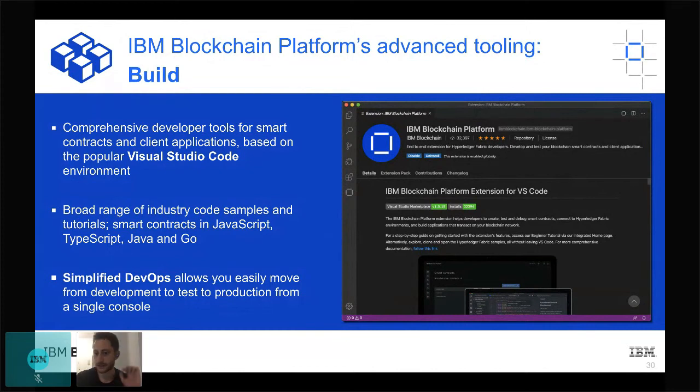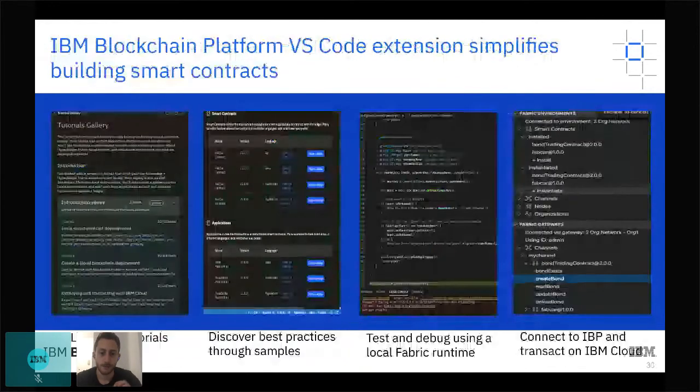the DevOps process, which means taking the smart contract and really deploying it, testing it out on a network and connecting it back to your IBM Blockchain Platform, and at the end of the day, testing it and deploying it into production. Some of the main things that the VS Code extension gives you is specific tutorials that you can go to as an introductory for all of those who said they're a 2 or a 3 on that poll.